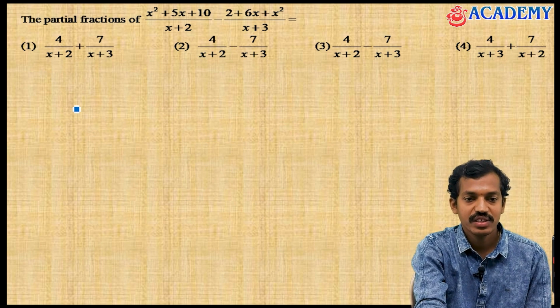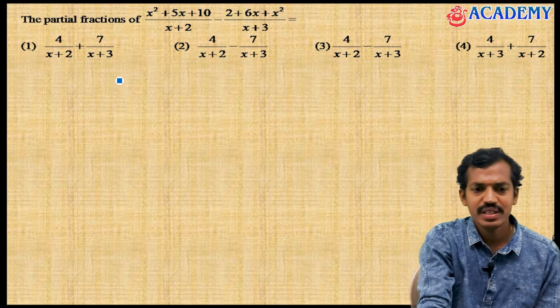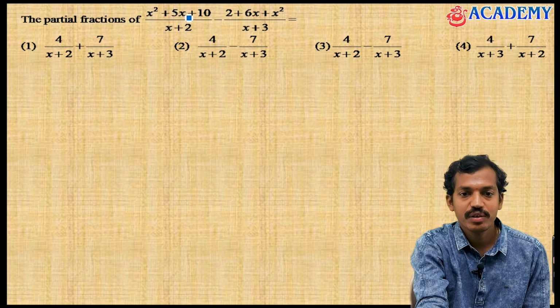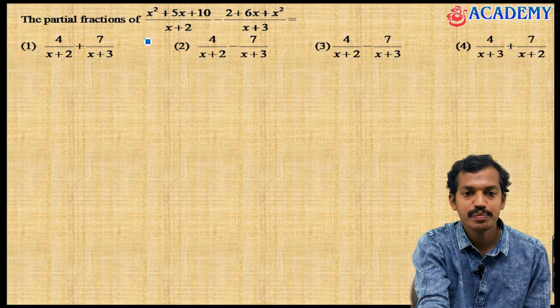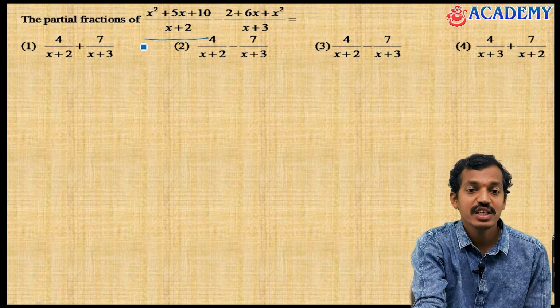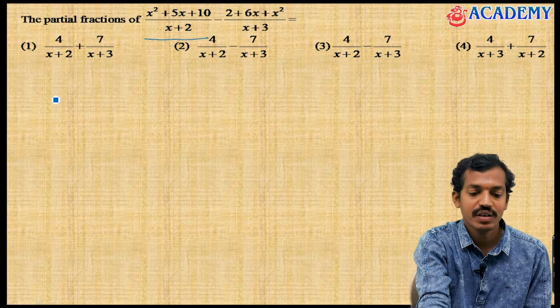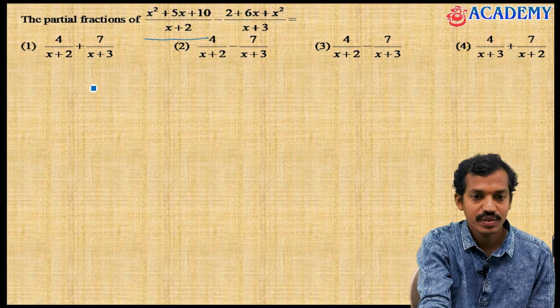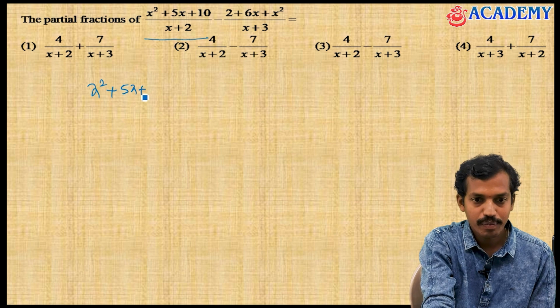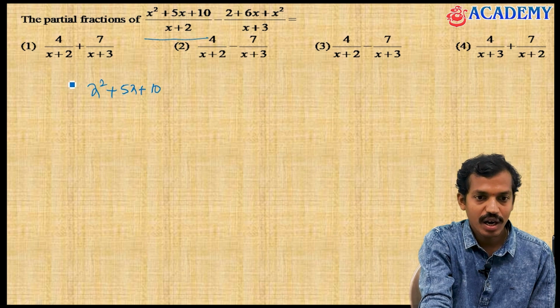This is the partial fraction topic; the matrices-based problems are finished. It's a simple problem. He has given (x square plus 5x plus 10) divided by (x plus 2). The degree of the denominator is 1 and the degree of the numerator is 2, so this is an improper function. First of all we have to convert this improper function into a proper one, that is, we have to divide x square plus 5x plus 10